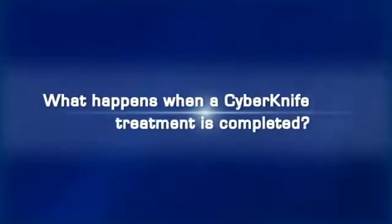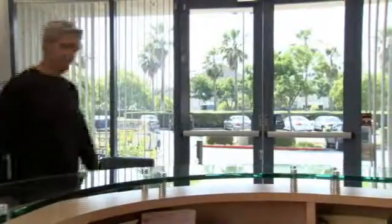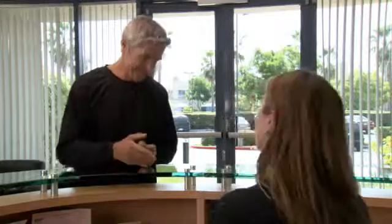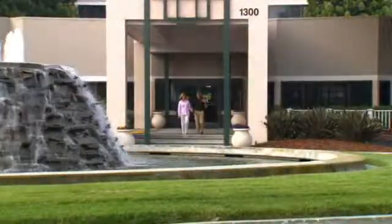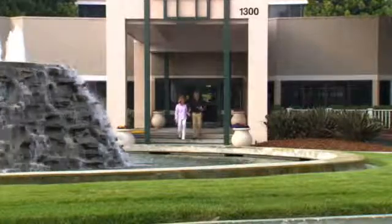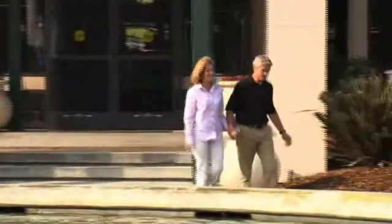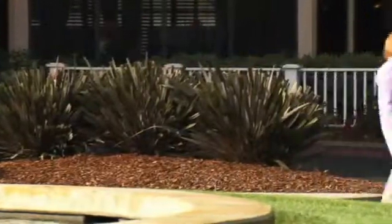What happens when a CyberKnife treatment is completed? After completing CyberKnife treatments, patients should schedule and attend any follow-up appointments recommended by their doctors. It is important to note that tumors will not suddenly disappear. Response to treatment varies from patient to patient. Clinical experience thus far has shown most patients respond very well to CyberKnife treatments. Patients' doctors will monitor the outcome in the months and years following your treatment, often using CT, PET-CT, or MRI